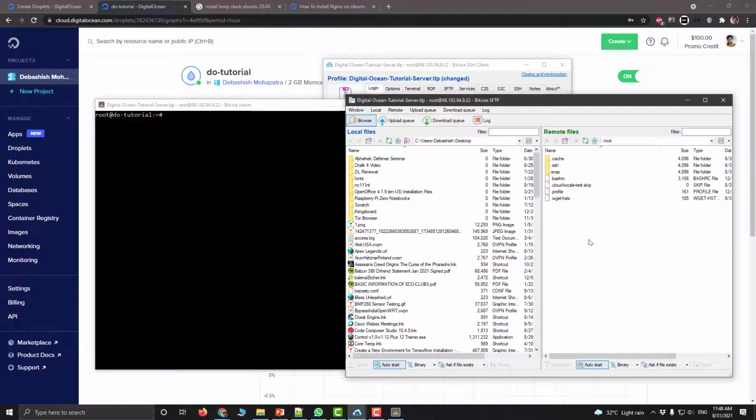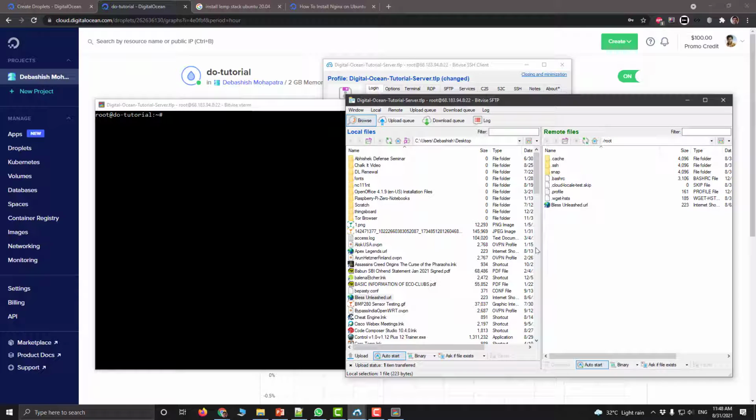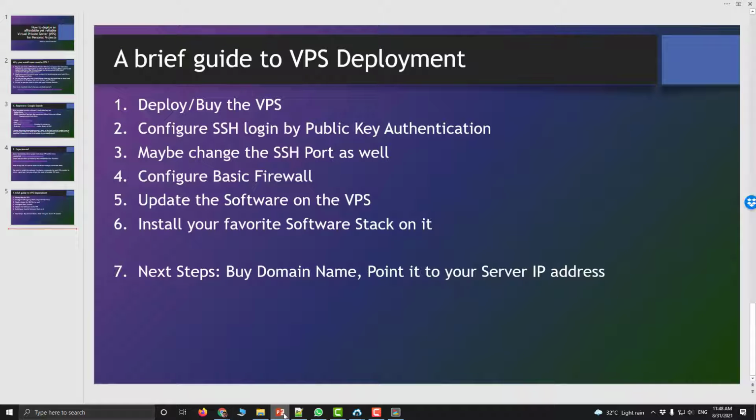When you are deploying anything, if you want to move any files from your computer or your PC to the server, you can just drag and drop it and it will be transferred. So this is really easy. Otherwise you have to do the same thing from your terminal, so that becomes a bit difficult. So that's okay. And once this is done, the next step was, let me check the slide. Yeah, the second step is already done.